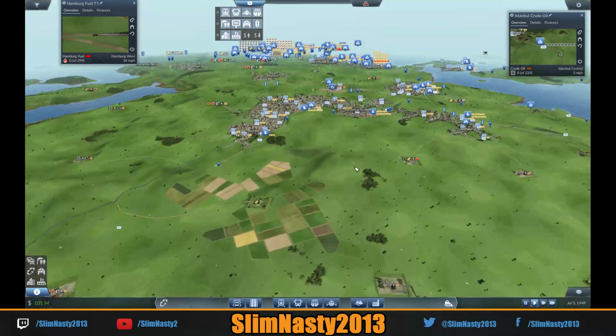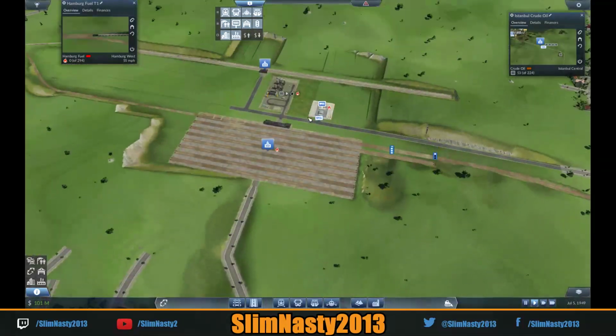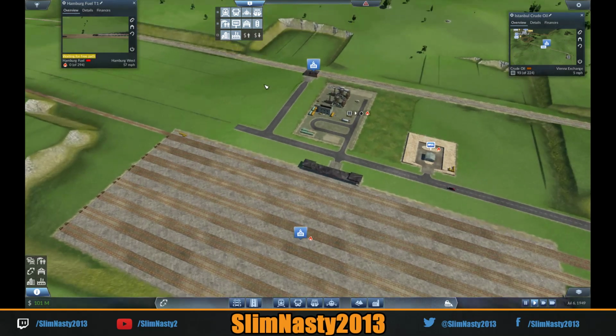I love this high detailing. I'm really getting into all this real high detail now, of putting in big depots and then filling in the areas and making it look good. Really enjoying that. So we're pretty much done then, because